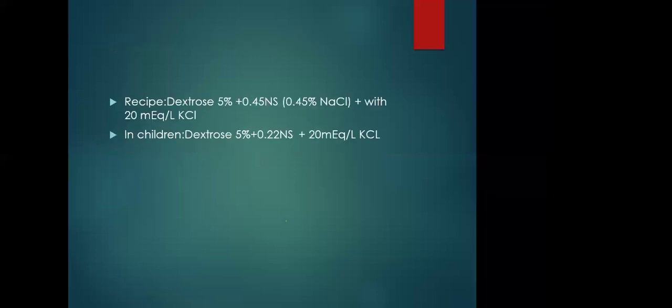But if you are going to correct, then you have to create a recipe which has 5% dextrose, 0.45 normal saline with 20 milliequivalents of KCl. And in children, you can go to dextrose 5% plus 0.2 normal saline, then you can add 20 milliequivalents